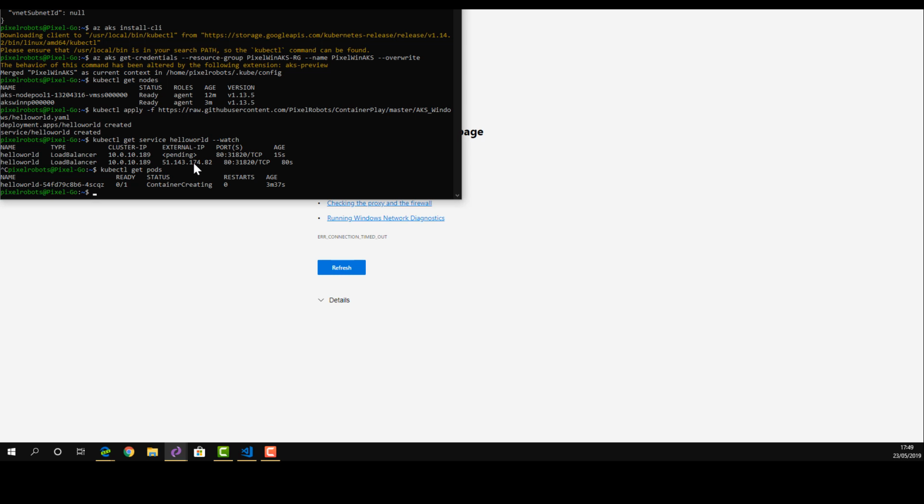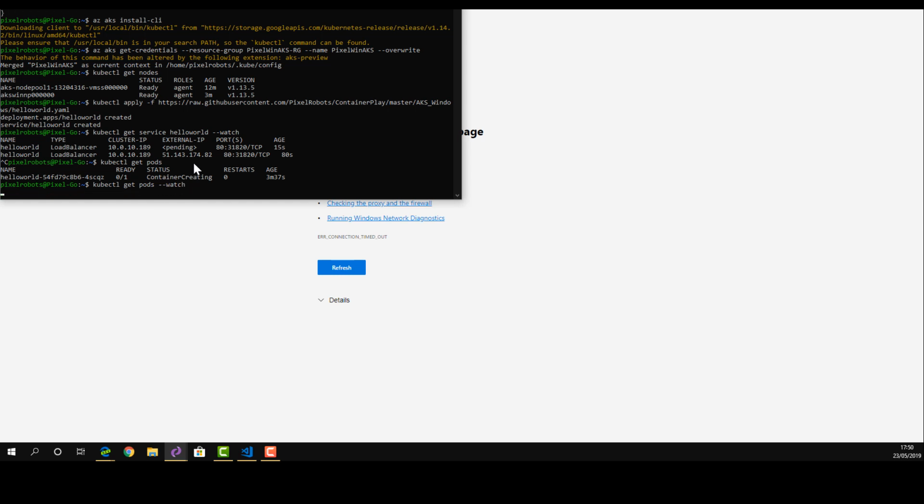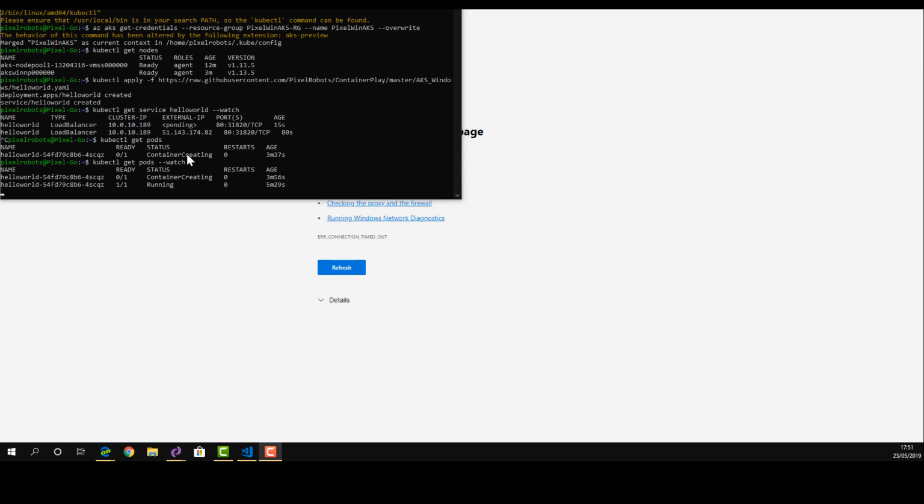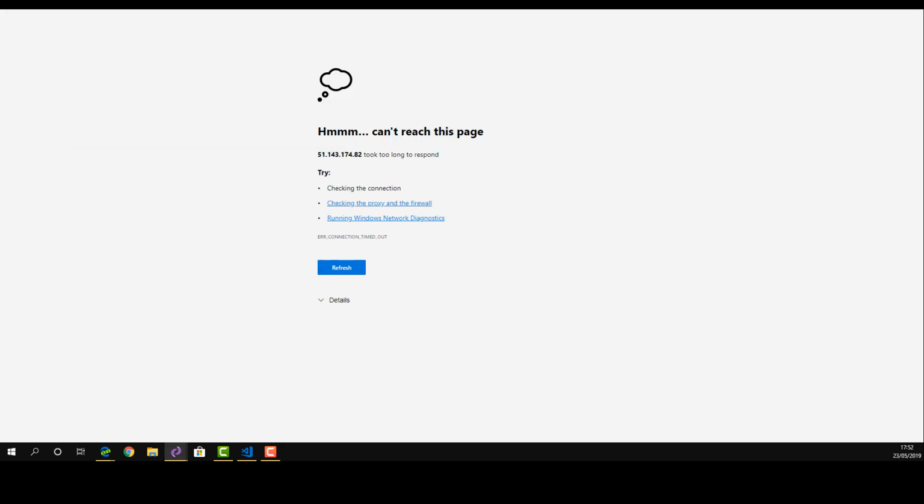Because Windows Server Core is around about 5 gigs in size, it can take a little while for it to pull down. So we can use the same command again with the watch switch to watch until the container is ready. Good news, the container is running, so we can go back to the web browser and refresh, and hopefully